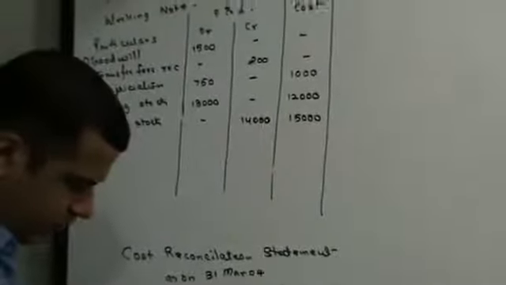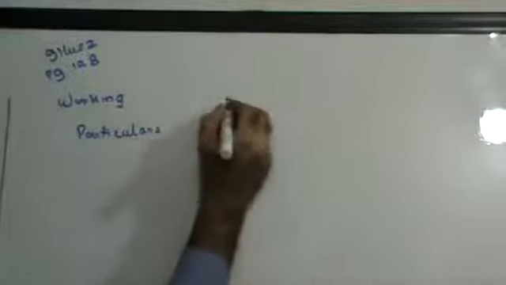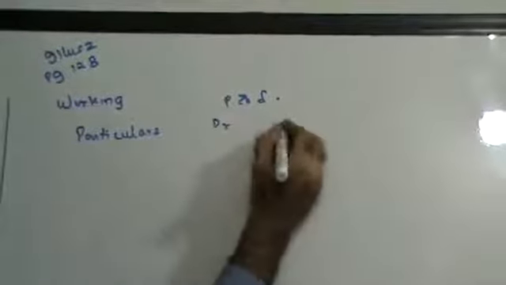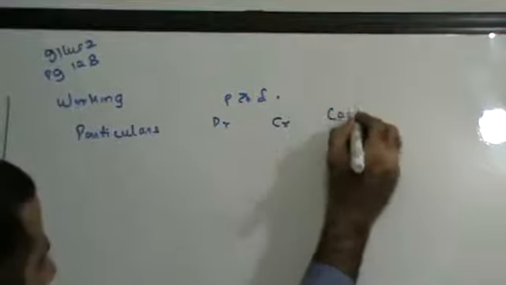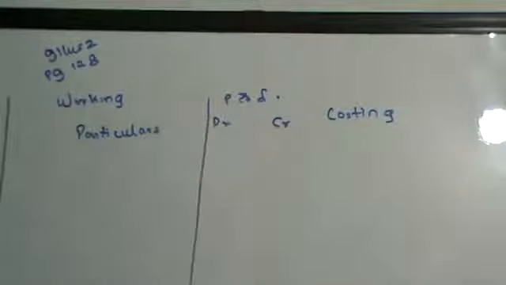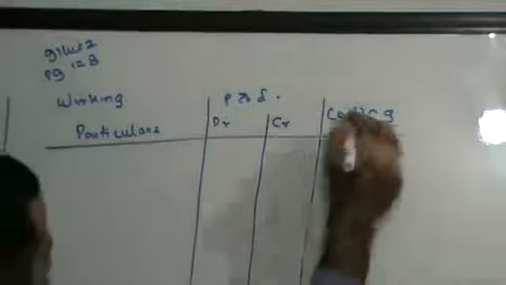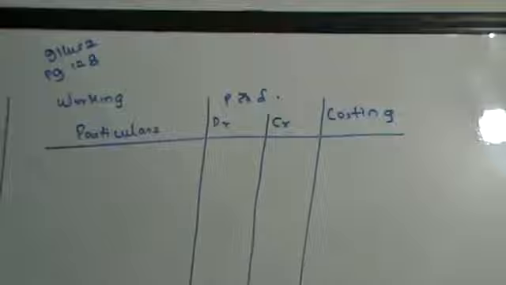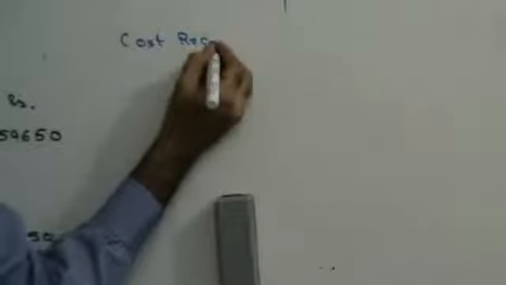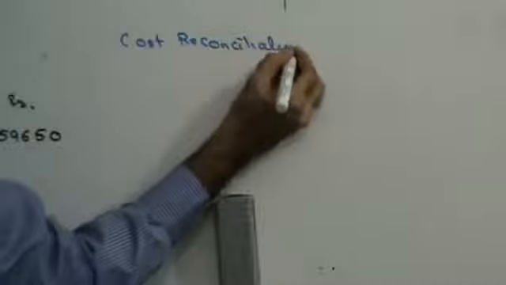Now we will do question number 2. Illustration 2 on page 128. Working note. First, make your format. Particulars. P&L. Debit. Credit. Costing. That's your working note ready. Next, cost reconciliation statement